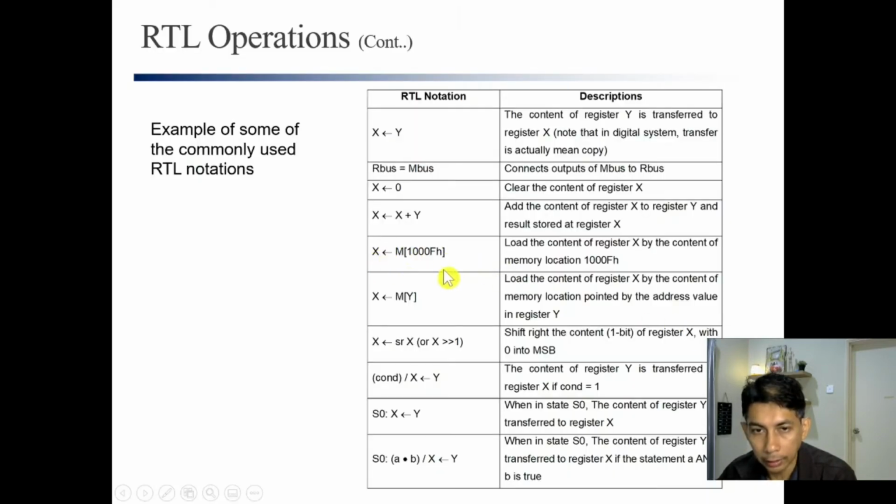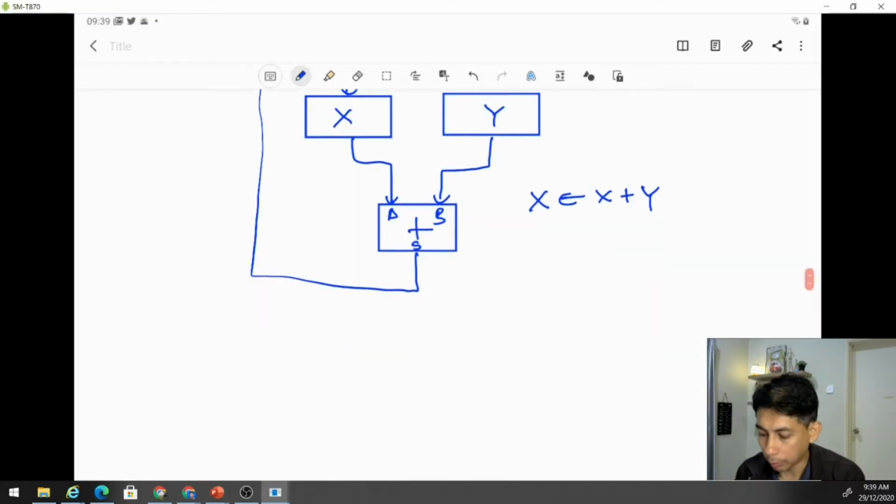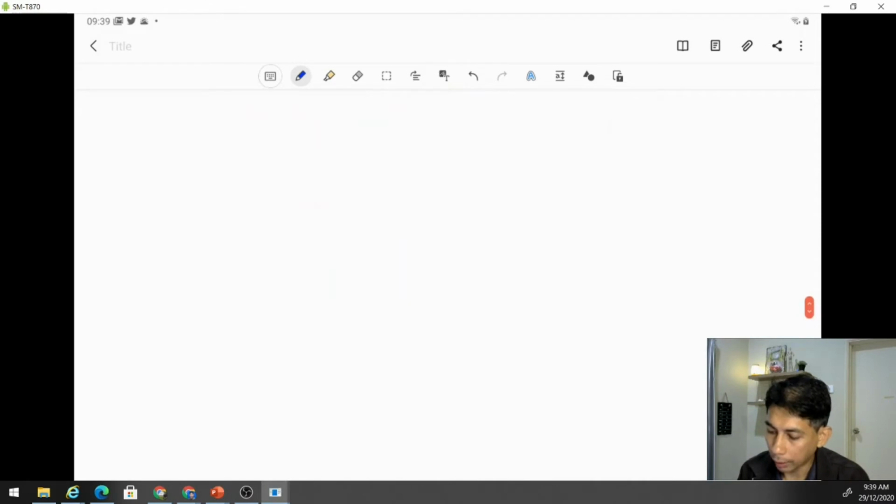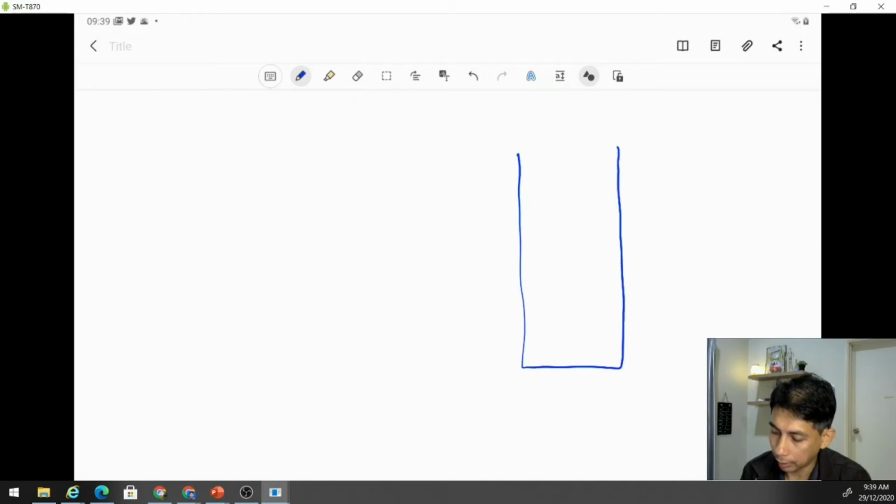And next, we want to transfer the data from one of the memory locations, in this case location 1000F, into register X. So this is the move of data, where we move the data from the memory to the register. Last time we learned how to design the memory, right? So we can have the memory. The memory is always drawn like a box with many locations,